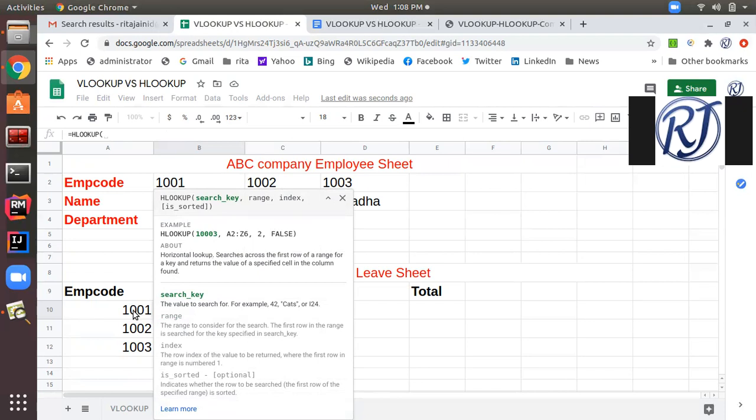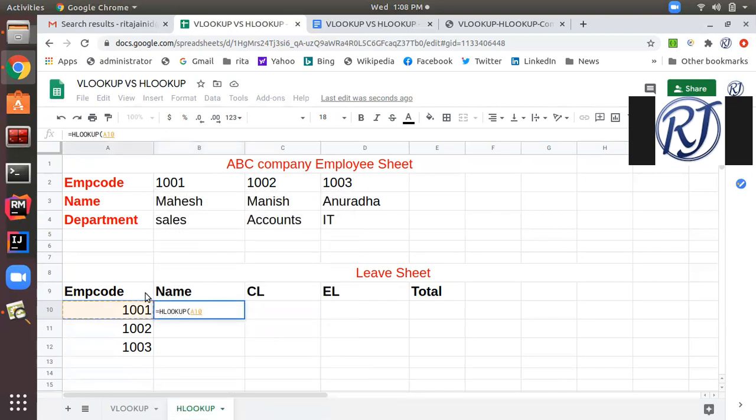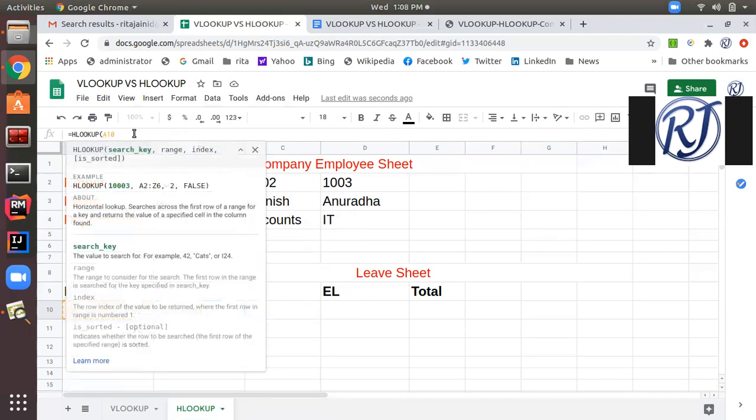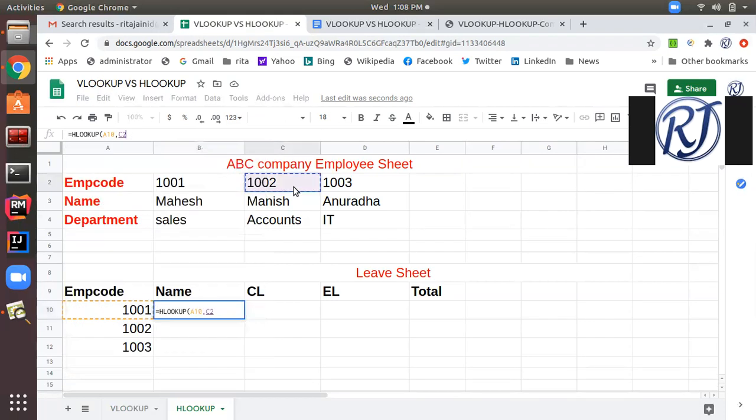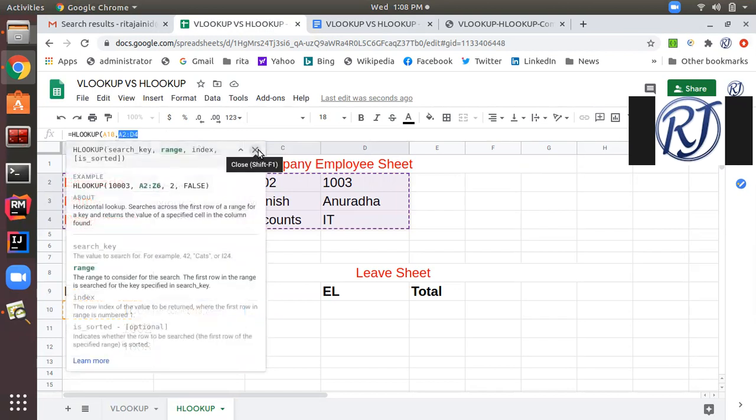So this is my search key, A10. Then I will provide the table range. Here also you need to select the whole data including the heading. So this is my table range, and I am making it absolute in order to avoid the chances of error, by pressing the F4 key.